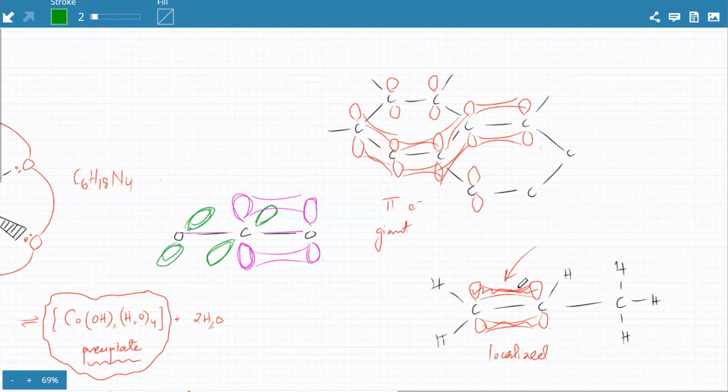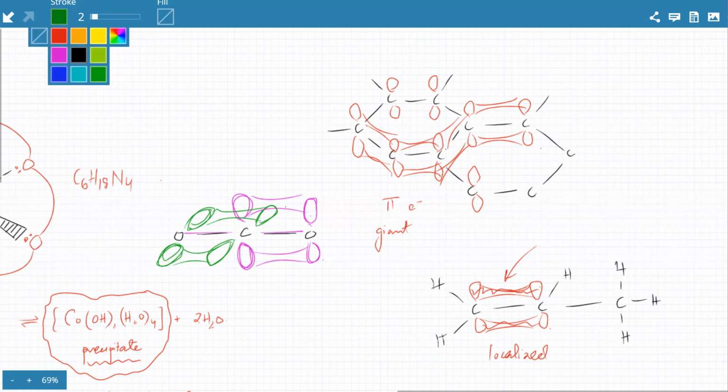I said they would also form pi electron clouds. But over here the pi electron cloud is localized. I mean, it's not going anywhere. It's right over there. In ethene or in any alkene, the pi electron cloud is also localized. But when you have lots of p orbitals, and each carbon atom is sp2 hybridized in graphite,